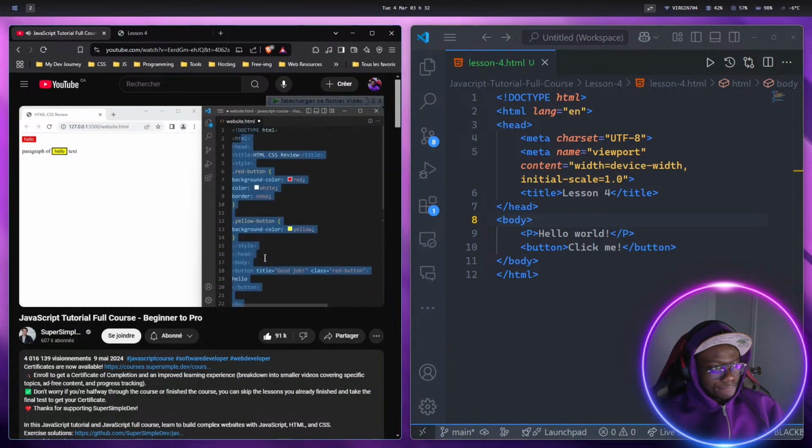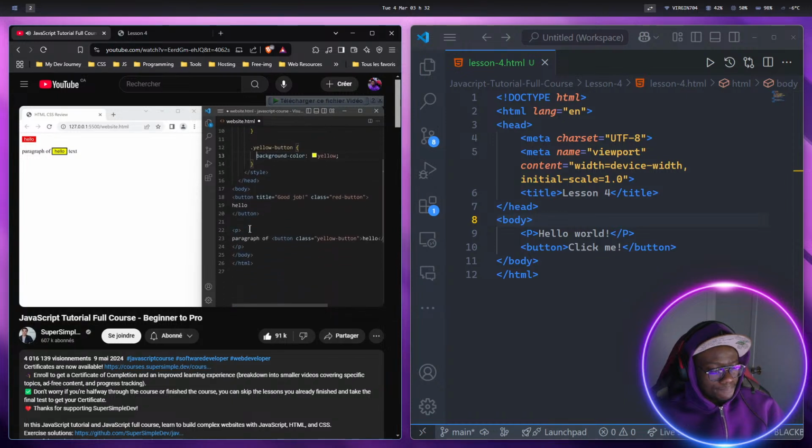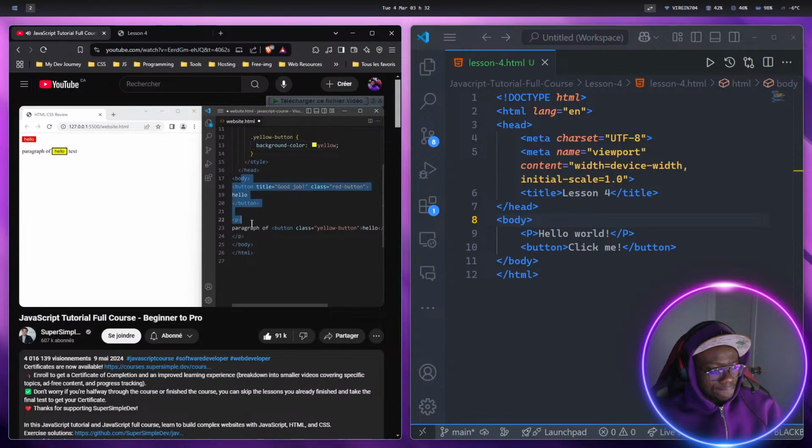Next, we're going to add the indents back using a similar shortcut. We're going to select the head element and press Tab to add 1 indent for each line, and then select everything inside the head and press Tab to add another indent, and then select everything inside style and press Tab, and then inside each of these brackets, we're going to select the lines, press Tab, and then here, press Tab. We'll do the same thing for the body element. We'll select all these lines and press